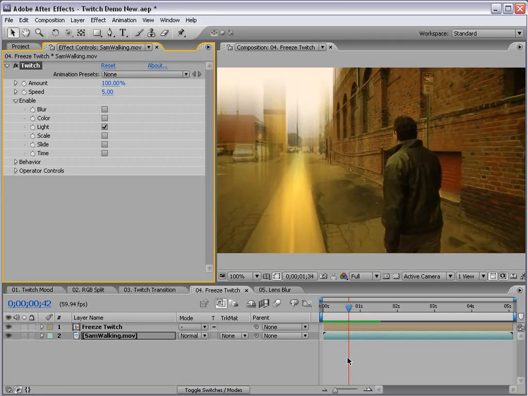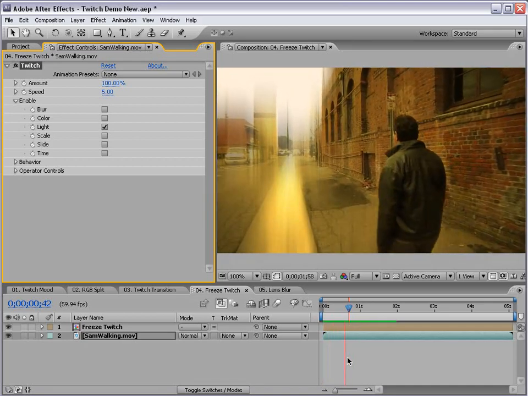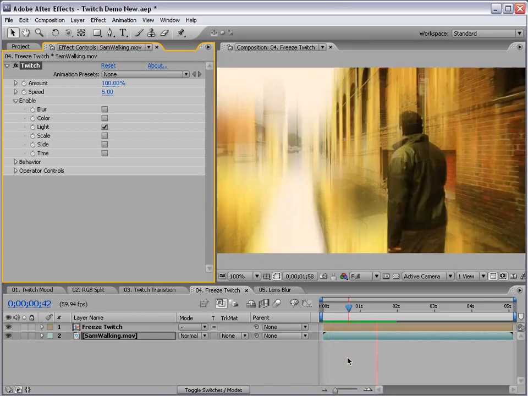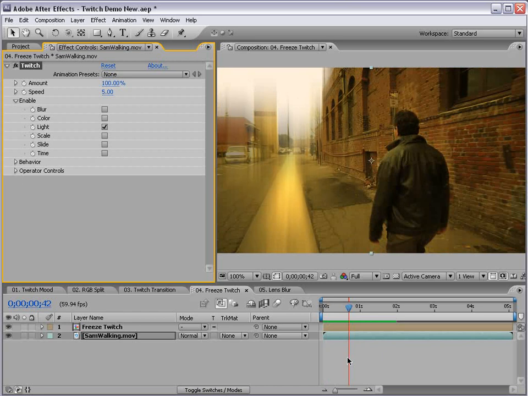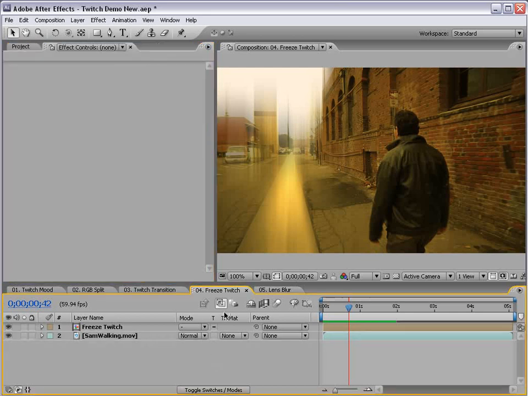So we're going to see Sam walking in slow motion. So if that's not cool, I don't know what is. I mean, look at that. He's got his collar popped. Man, that guy is pretty slick. Maybe it was just windy, but either way,